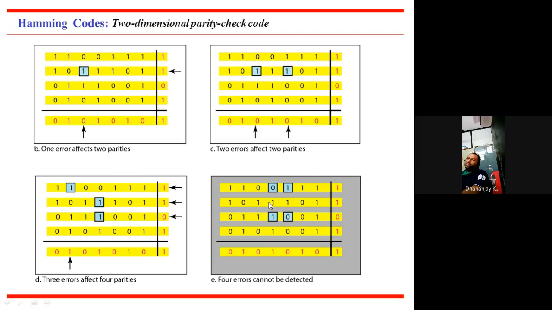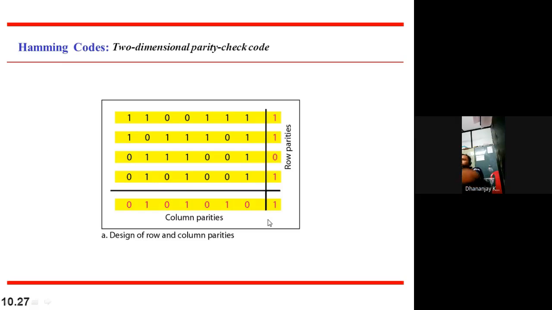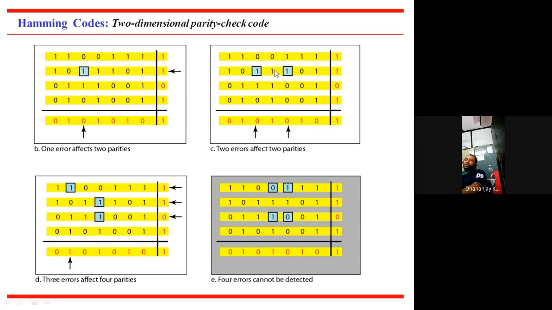But if 4 bits got changed, then the error cannot be detected. That means if we go for a two-dimensional parity check for a block of data, then up to 3 bits, we can give a foolproof guarantee that the error can be detected